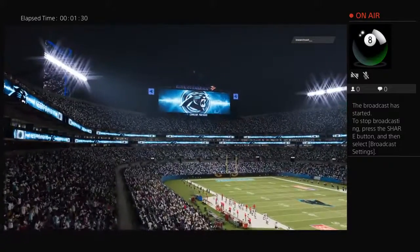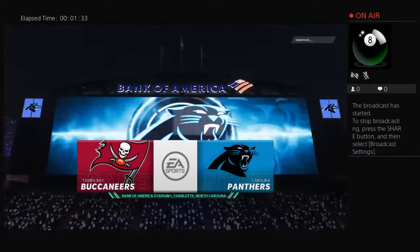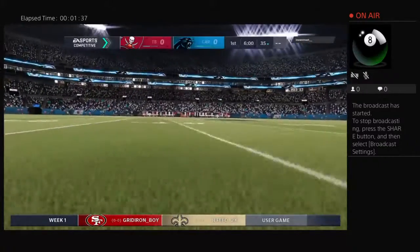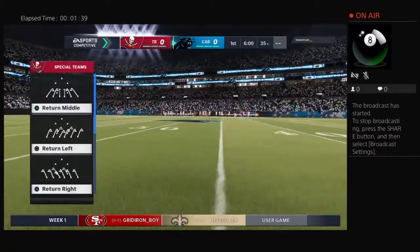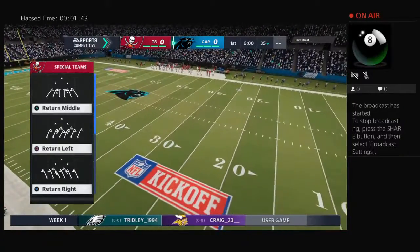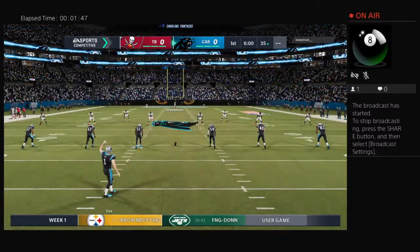EA Sports coverage of the NFL takes us to the Carolinas and Bank of America Stadium here in Uptown Charlotte. The scene a few moments ago, here it is. It's unlike any other in sport as both teams made their way out of the tunnel. These folks are fired up as their guys are ready to do battle between the Tampa Bay Buccaneers and the